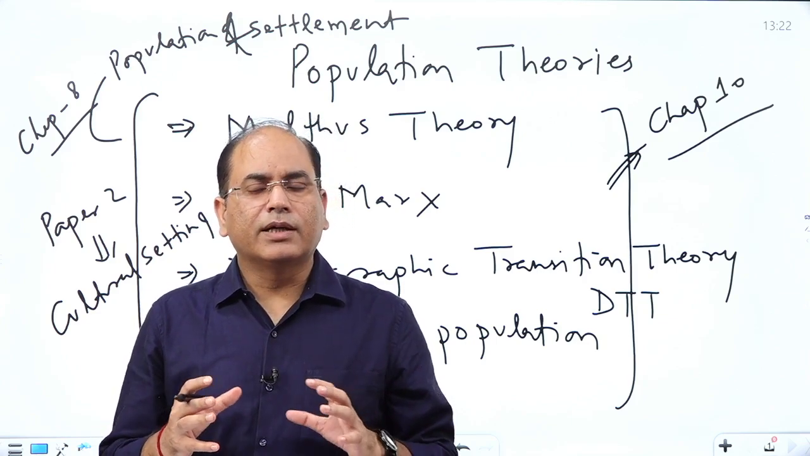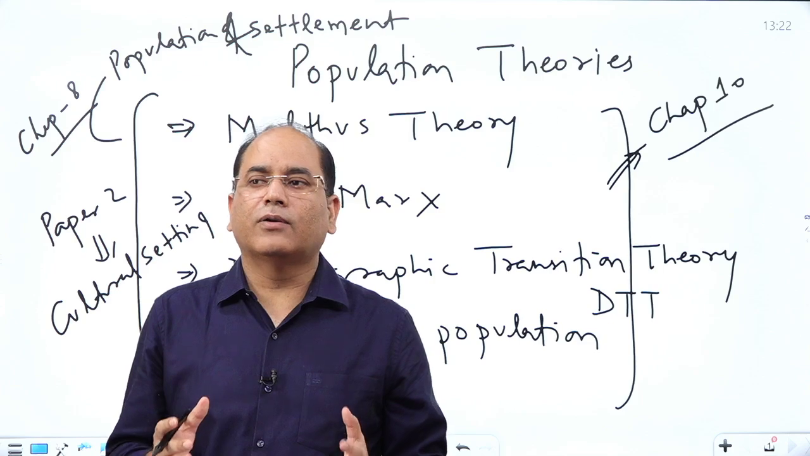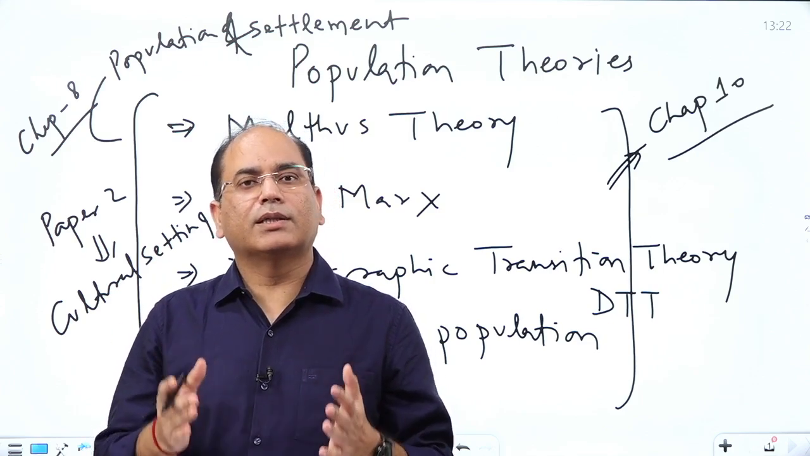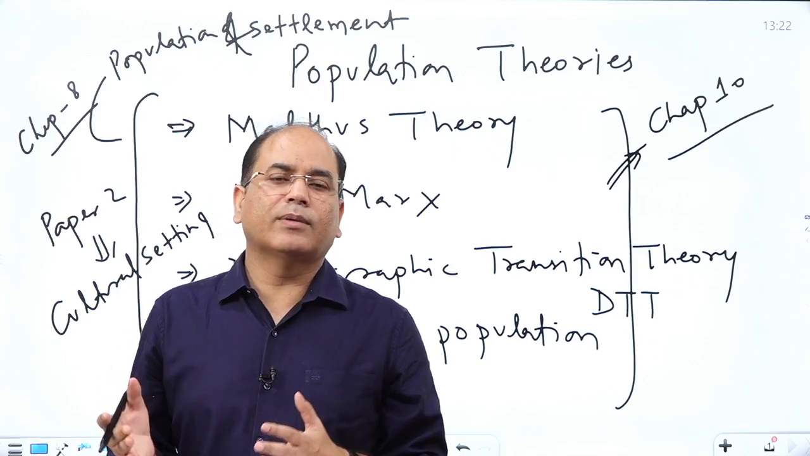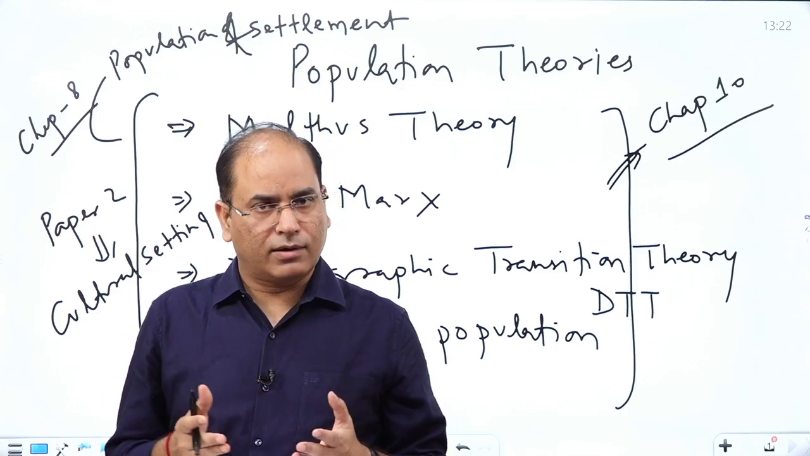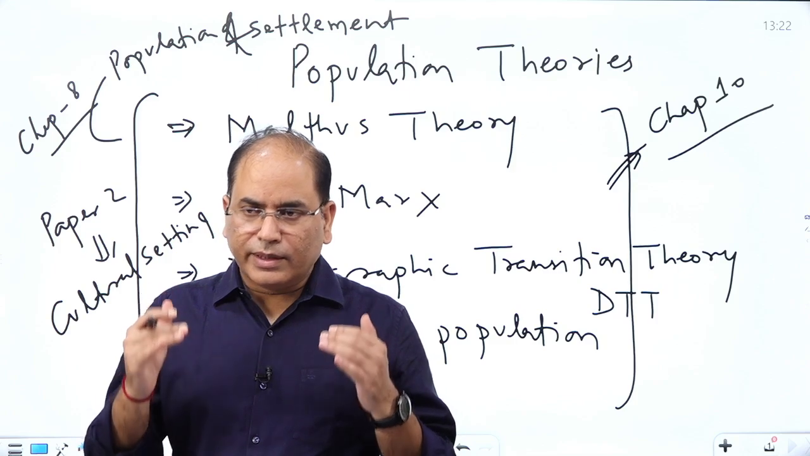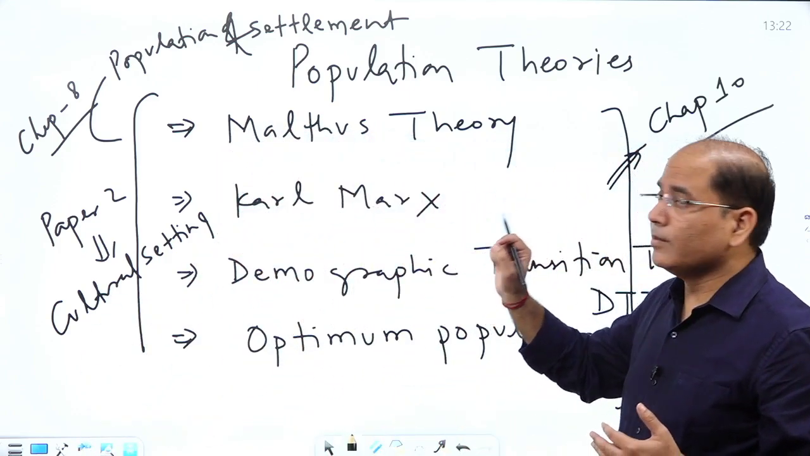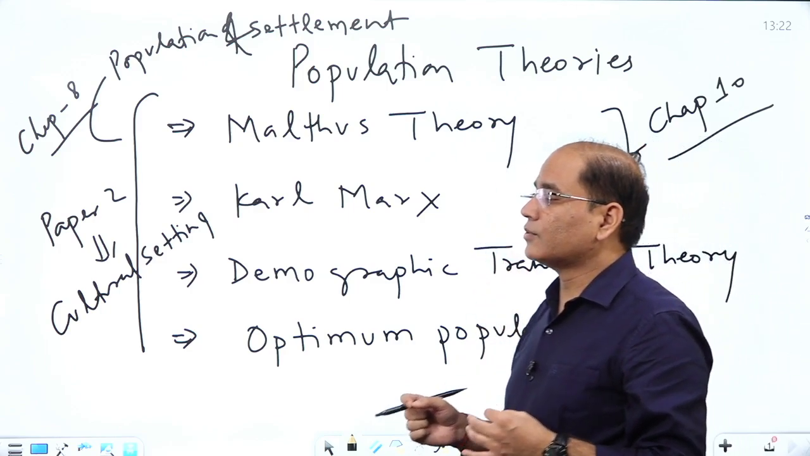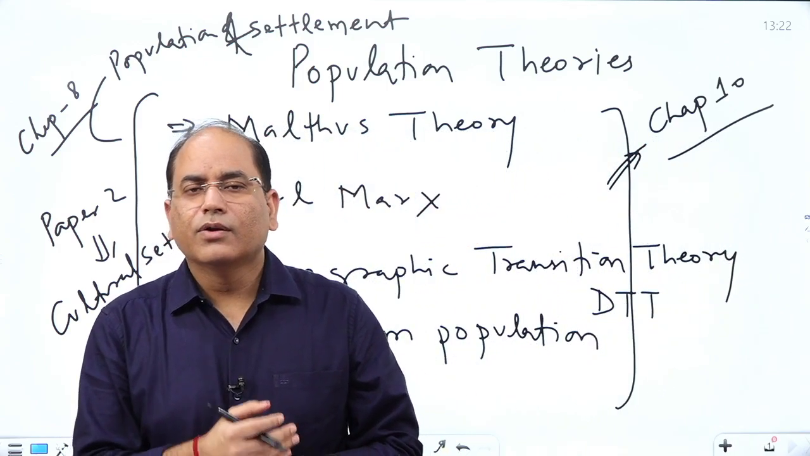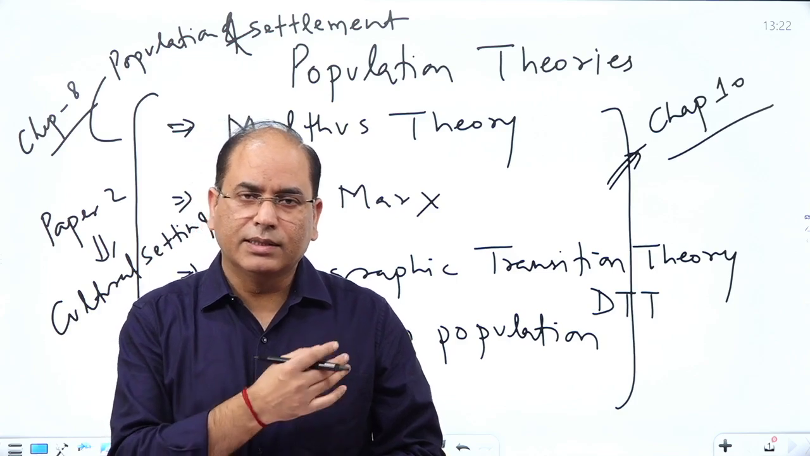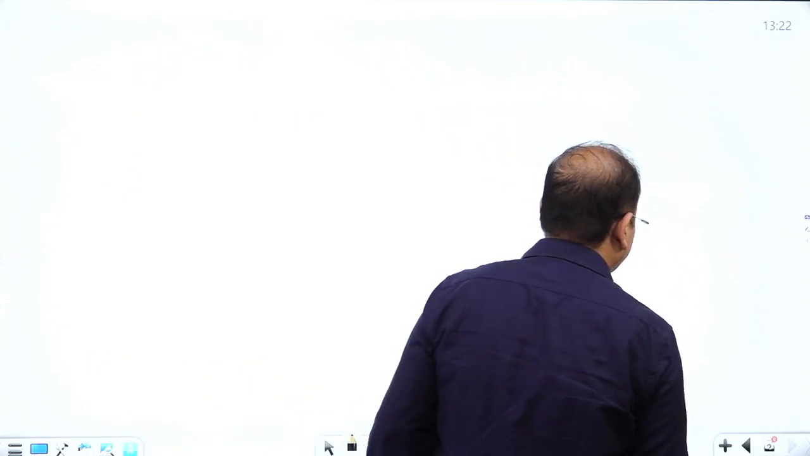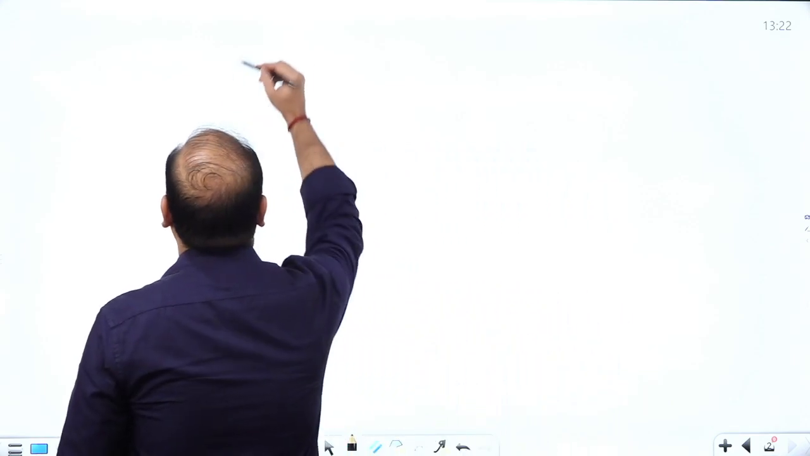And if it is for the people, it is also important to understand how the population is being distributed, why in some areas population is continuously increasing whereas in some areas population is not increasing at all. So within that backdrop, this chapter is going to be very important, and these are the theories you are supposed to be studying. We will cover one by one all these theories of the geography optional related to the population. So let's start with the first theory of population, that is